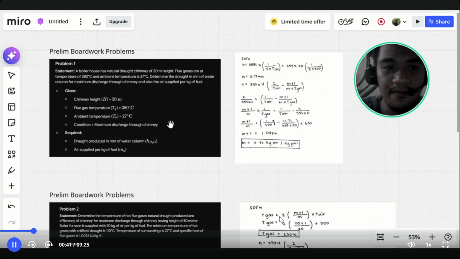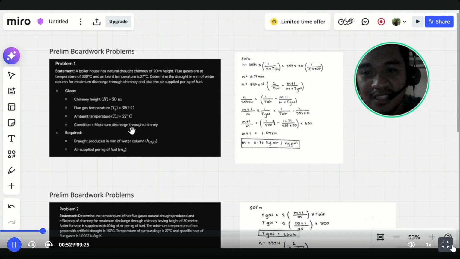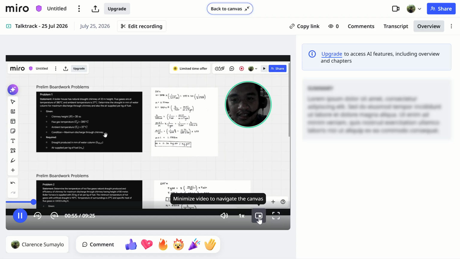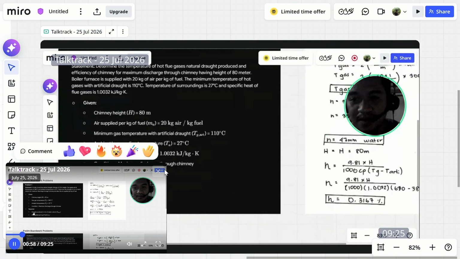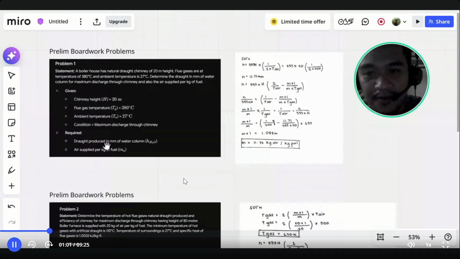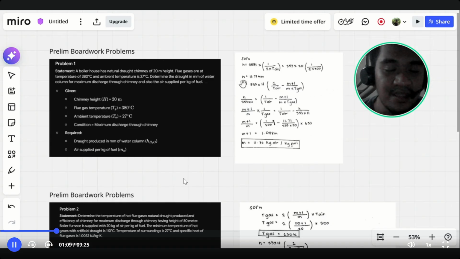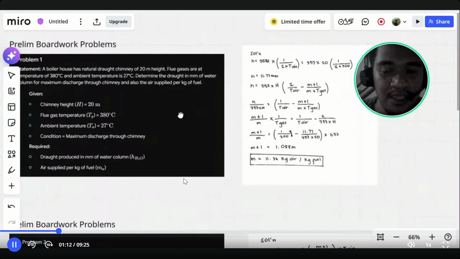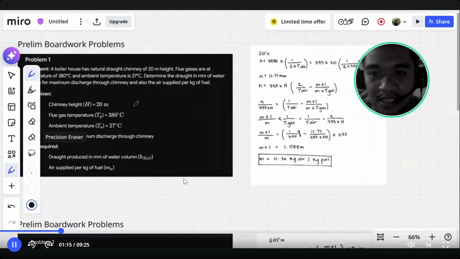kilogram of fuel. For the given, we have chimney height of 20 meters, flue gas temperature of 380, ambient temperature of 27, and the condition is maximum discharge through the chimney. This is what we're going to find. Required: we have draught produced in millimeters of water column, H2, and air supplied per kilogram of fuel, MA. Here we're going to subtract,